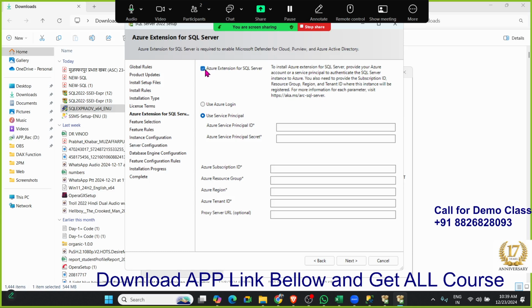to uncheck the Azure extension. Uncheck it, because if you click Azure, it means you have a Microsoft Azure login ID. If you have the login ID, then you can click it, otherwise uncheck. This is very important. If you click here, it needs an ID and your setup will not install. So you need to uncheck the Azure extension here. Then next,